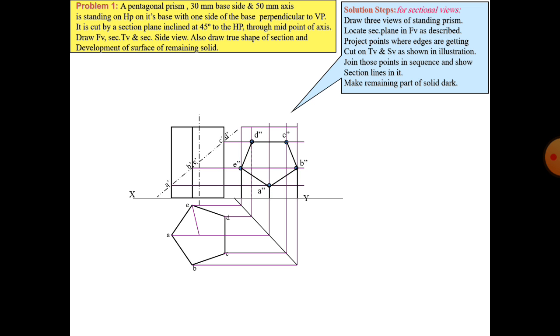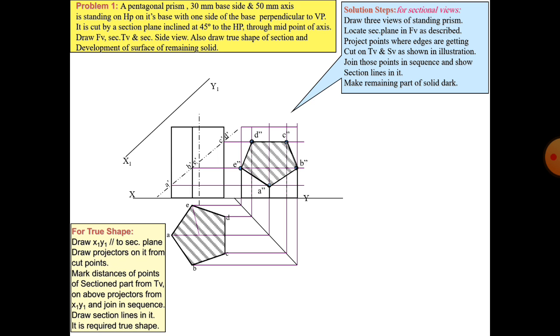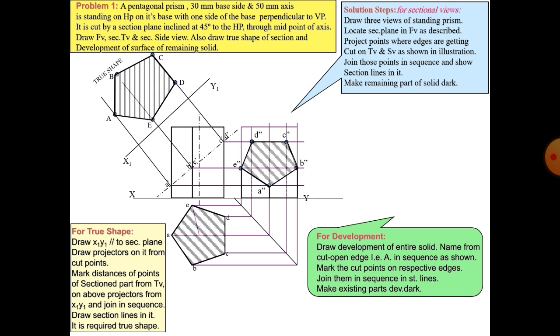So, draw with the help of hatching lines. This is not in our syllabus, but it is studied in drawing. See the development, which is a very important factor in our first chapter. With the help of a pentagon prism, the development is drawn by the number of sides.